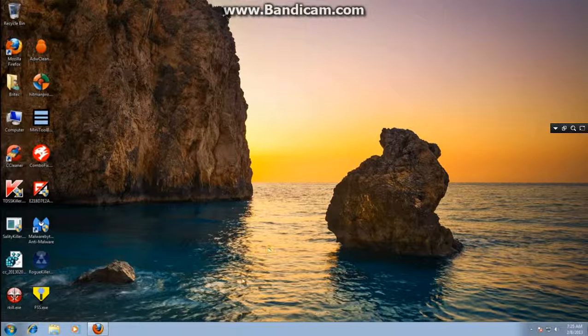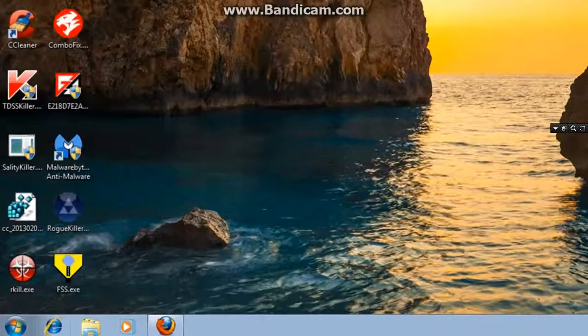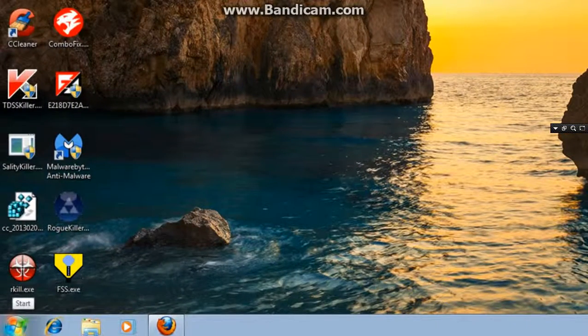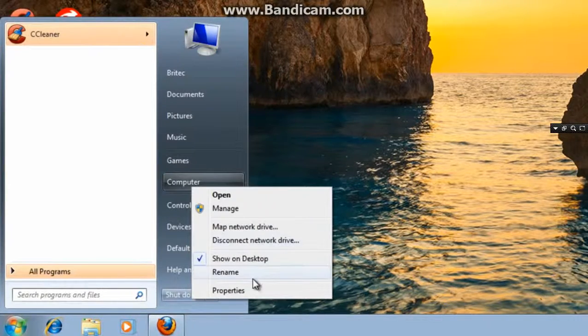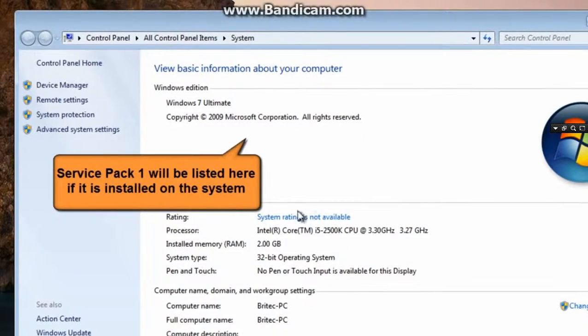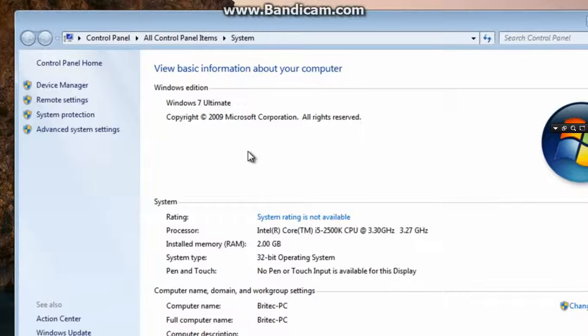Okay, the next thing you want to look at is Service Pack 1. Now if you have got Service Pack 1 installed, what you want to do is come to the bottom here, right click on the computer, go properties, and you will see Service Pack 1. If it's got Service Pack 1 installed and your DVD doesn't have Service Pack 1 built into it, which it probably hasn't, then you're going to need to uninstall Service Pack 1 before you do the repair install. Okay, now you can do that